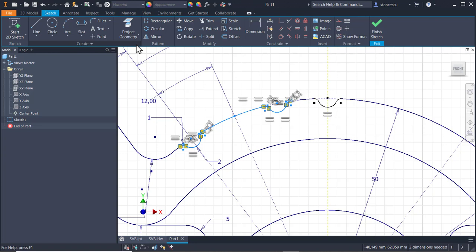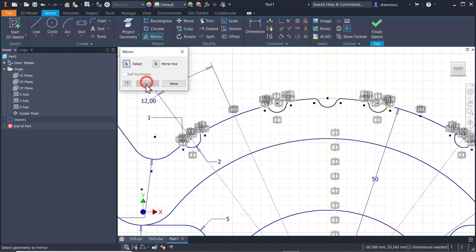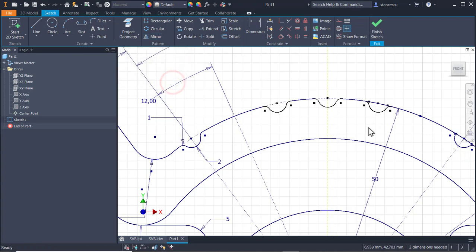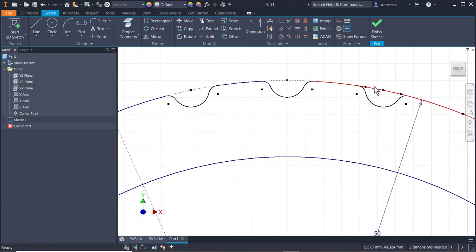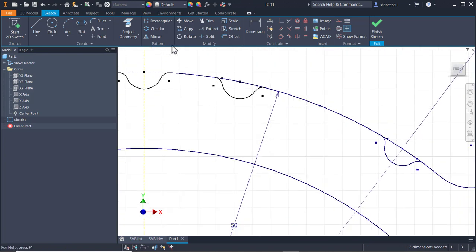Then mirror about the vertical axis. Apply. Done. Here is the former arc, which must be splitted as well